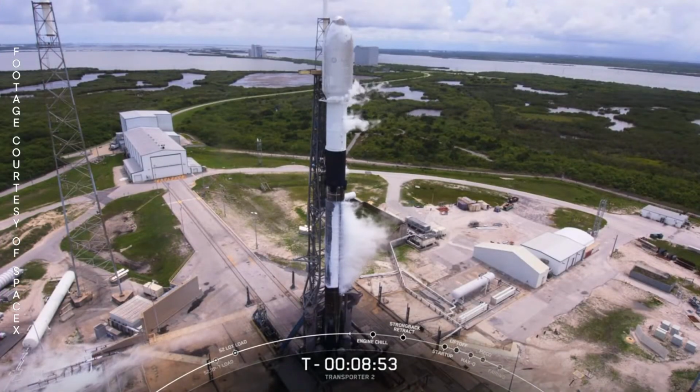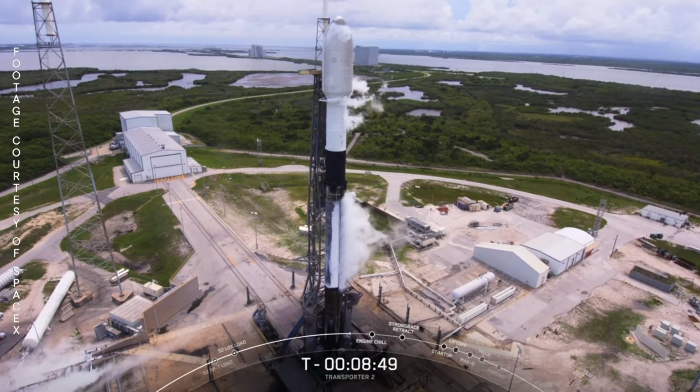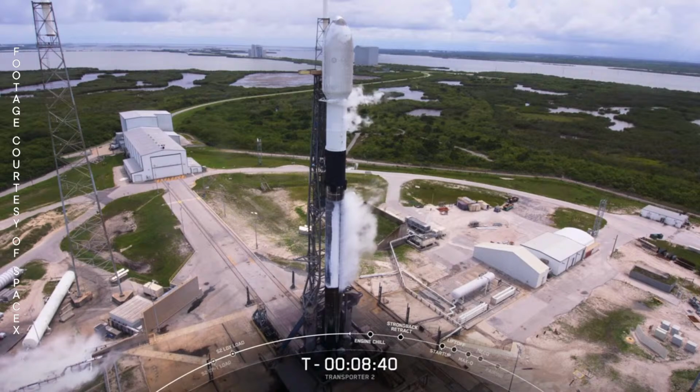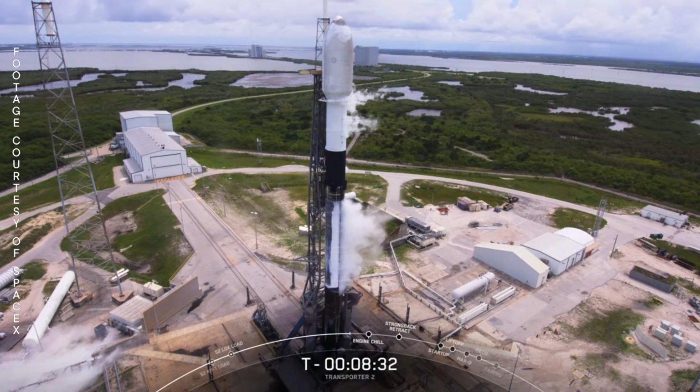On top of the first stage is the black carbon fiber inner stage. It connects the two stages and houses the pneumatic pushers that allow the first and second stage to separate during flight. And then on top of the inner stage is the Falcon 9 second stage, which takes the payload to its eventual destination in orbit. After the first stage separates about 2.5 minutes into flight, the second stage will then carry the 88 spacecraft to